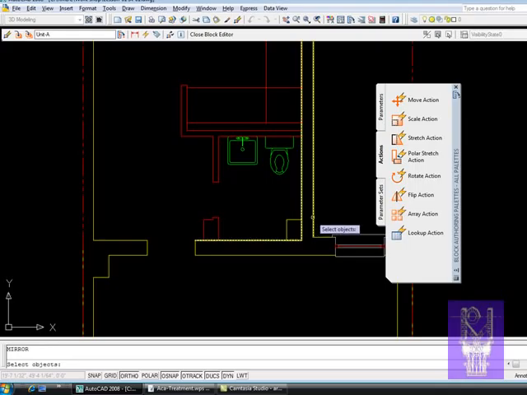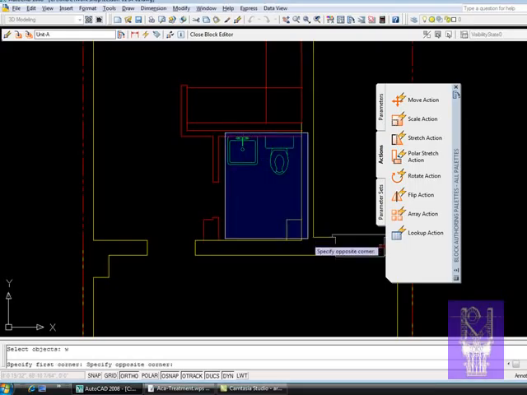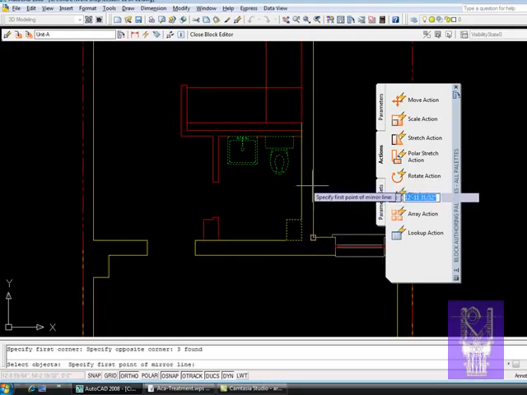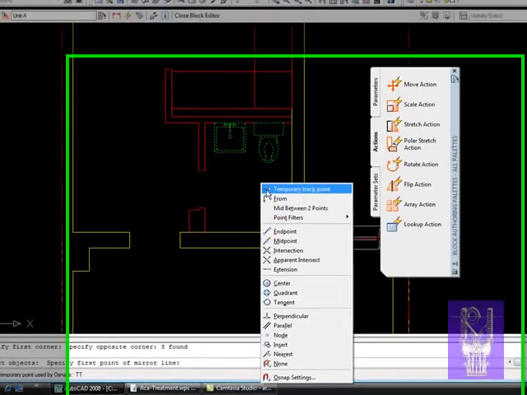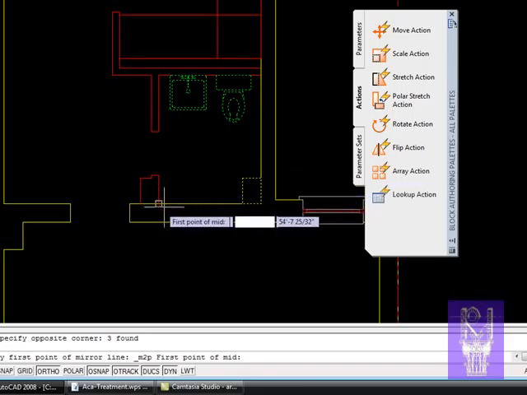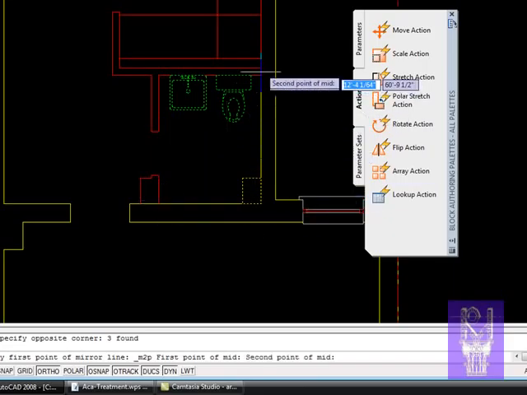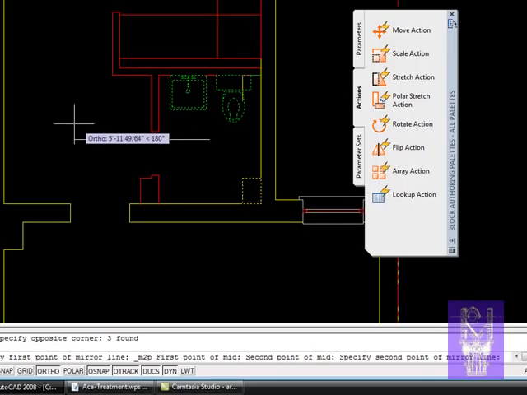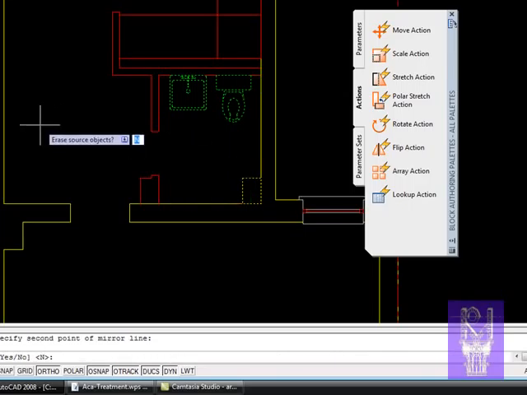All right, let's hit shift right click, and say mid between 2 points, point A and point B, and then pull to the left, and then say yes,